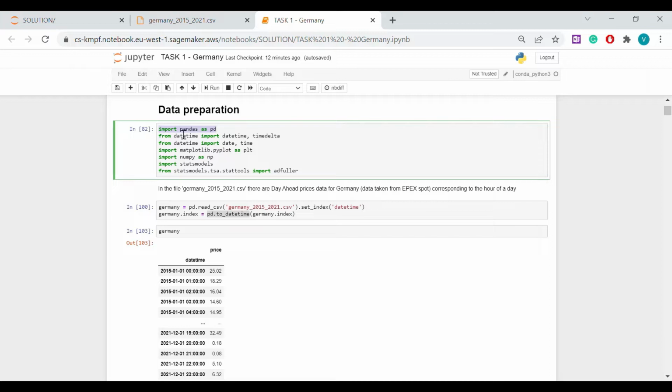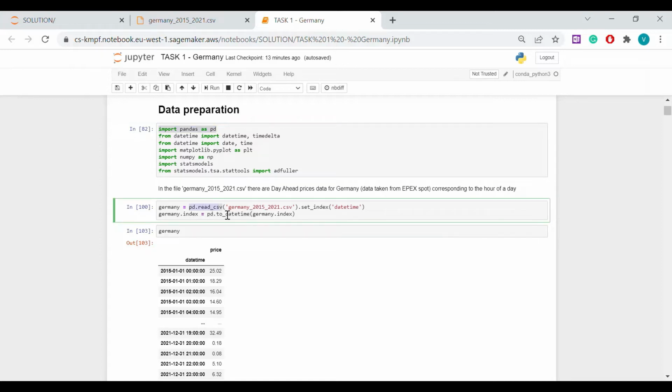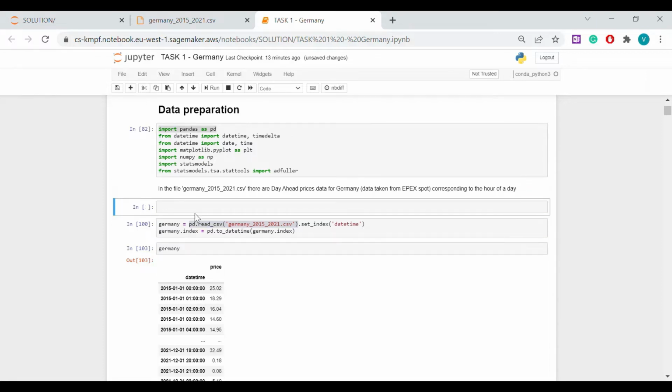So I import it here. This library has a special function for reading CSV files, which has the name read_csv. So now we can read our CSV file,